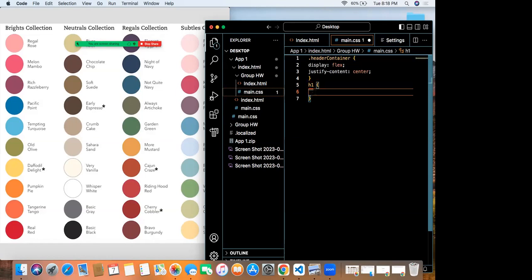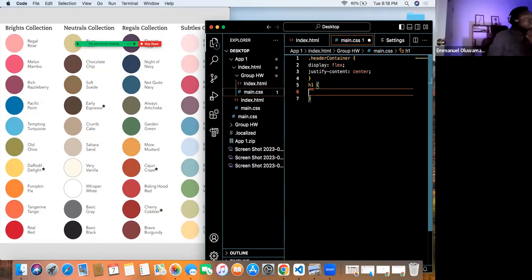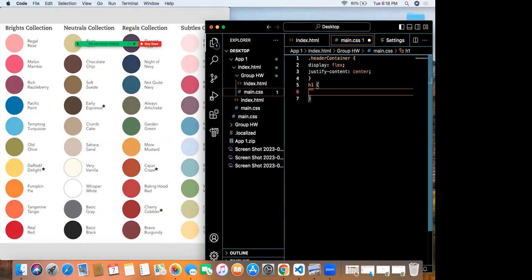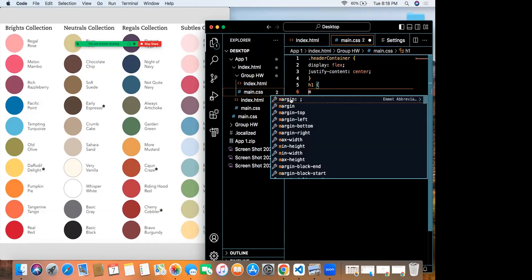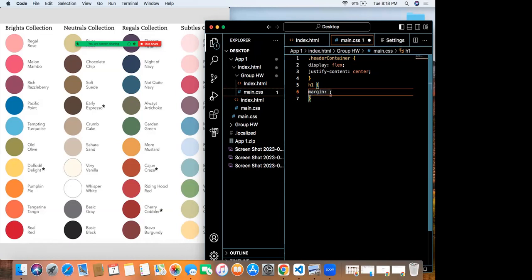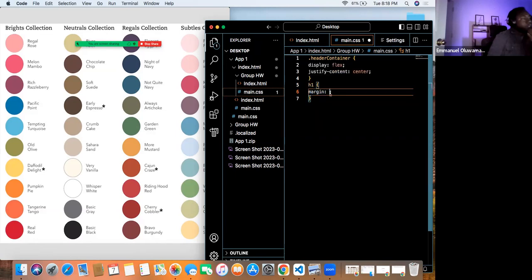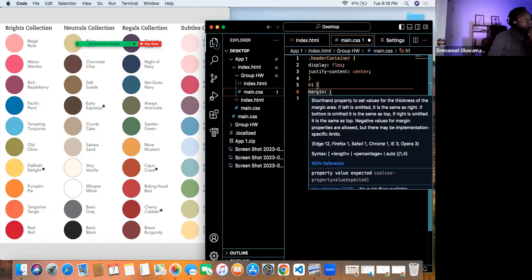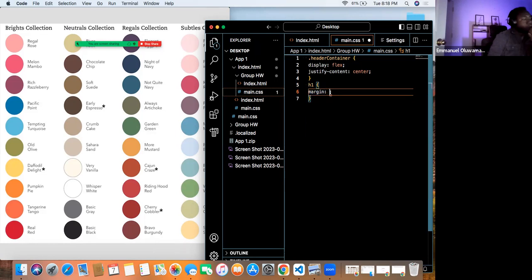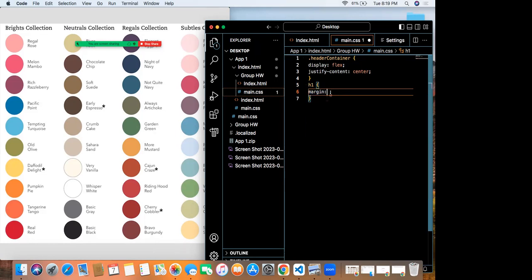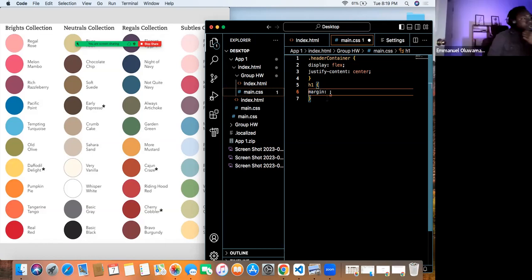And then what are we doing, Emmanuel, the margin? Yes, margins. We want to be more specific, like top margin on the side. Since it's on the side, we could just work with margin right.